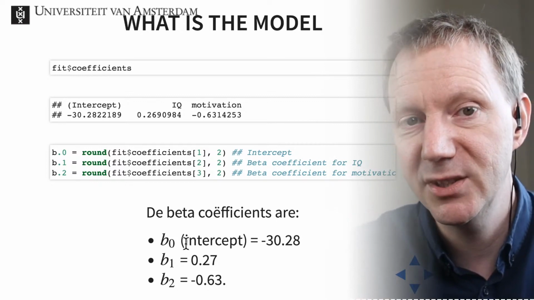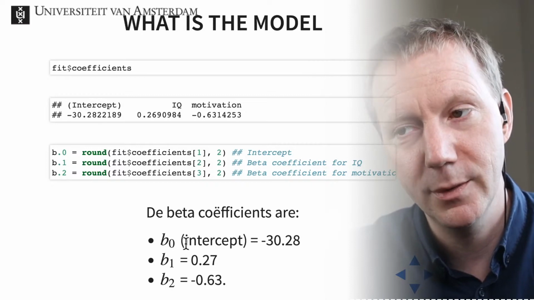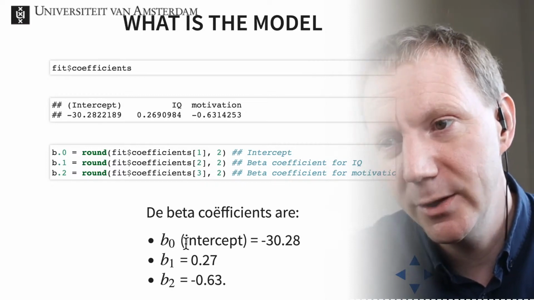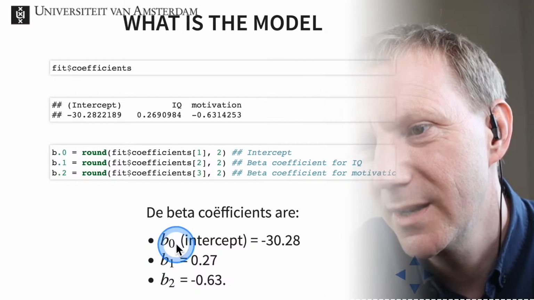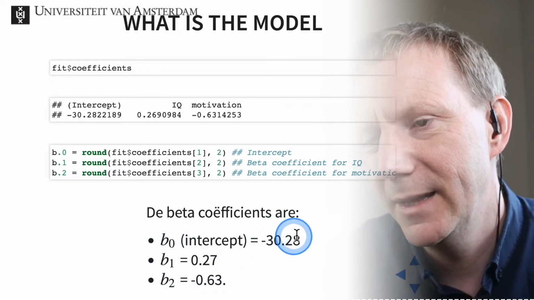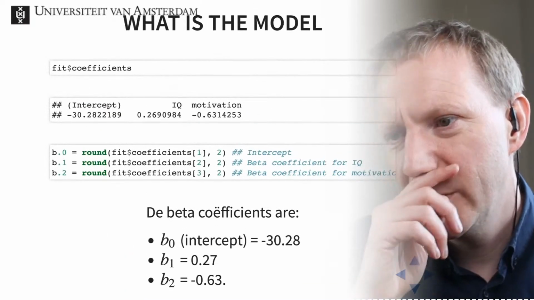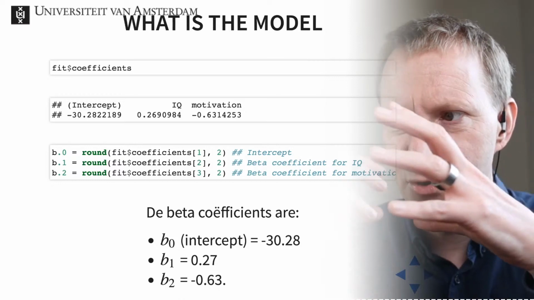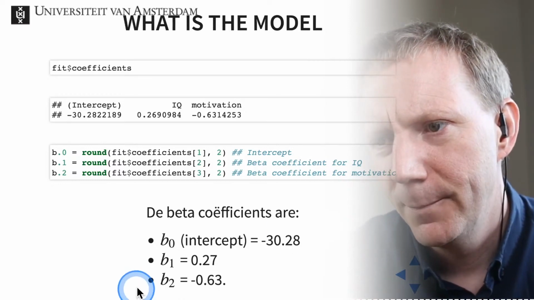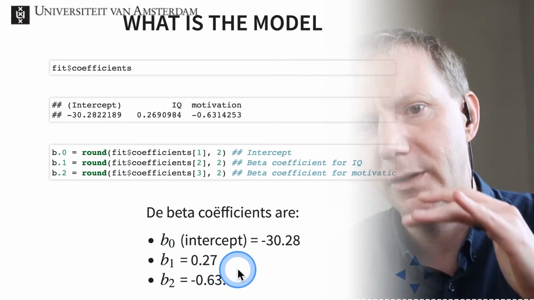Now these are estimates of our actual population parameters, so I used the small b's: b0, b1, and b2. So we can now apply this to the regression model. But what I want to do is try to visualize this. So this B1 and B2 are the regression slopes of the